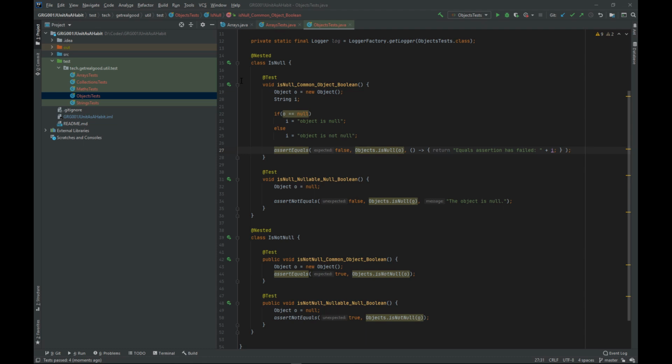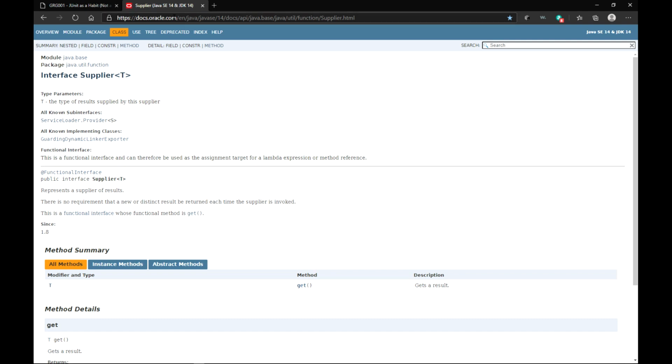So basically, let us return to the objects tests test class, and we're going to explore two types of overloads that nearly every assertion method has. One of those overloads deals with the fact, and we'll start with the more complex one. We're going to go to docs.oracle.com to Java Standard Edition version 14, 14.0.2 to be precise, and we're going to look for the Supplier functional interface, which is found in the module